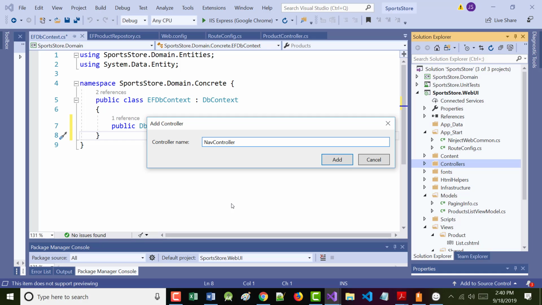I should mention something I didn't before. Please look on the screen. Notice the author, under Models, has two different names, PagingInfo and ProductsListViewModel. A lot of people believe that since your controllers always end with the word controller, your models should always end with the word model, and your views with the word view.